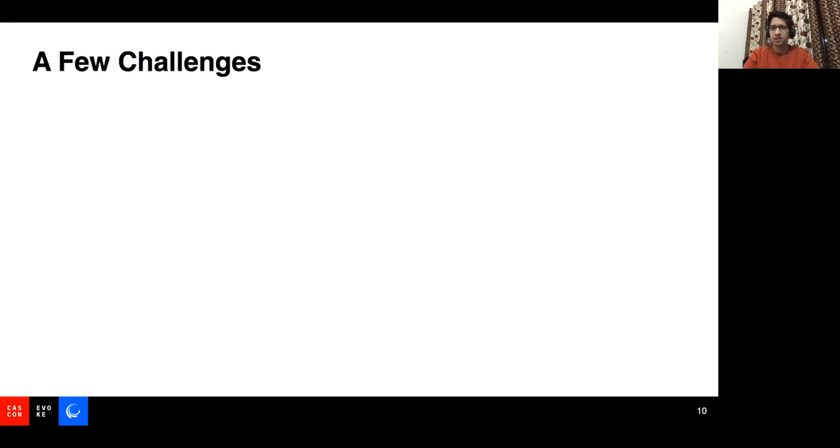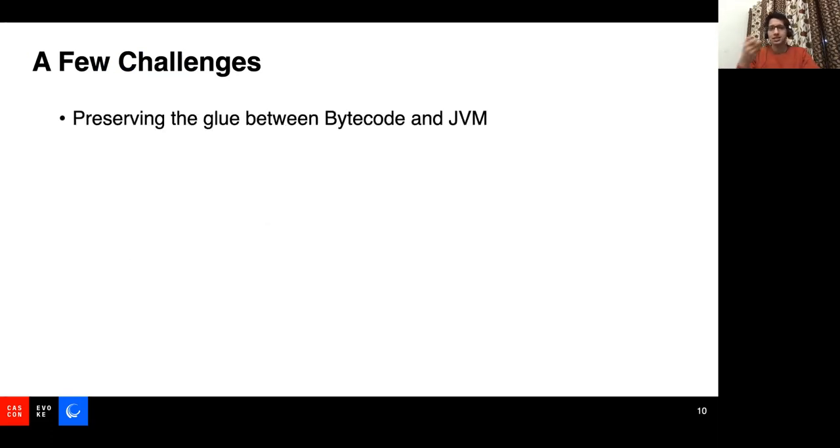Now, easier said than done, there are several challenges here. I will highlight a few of them. When we analyze something statically and then want to take those results to the JVM and refine or use those results, we need to make sure we have generated the static analysis results in terms of something which still makes sense in the JVM. For example, if I generate results in terms of source code variables, they are no longer present in the IR of the JIT compiler, so I cannot use those results.